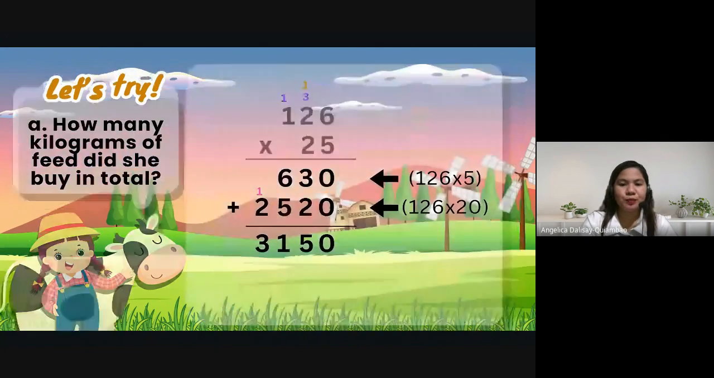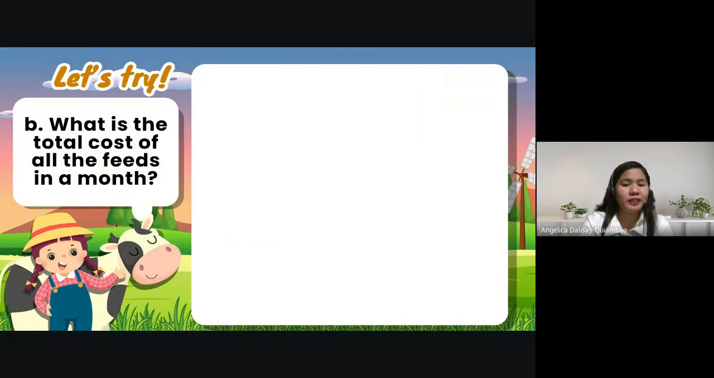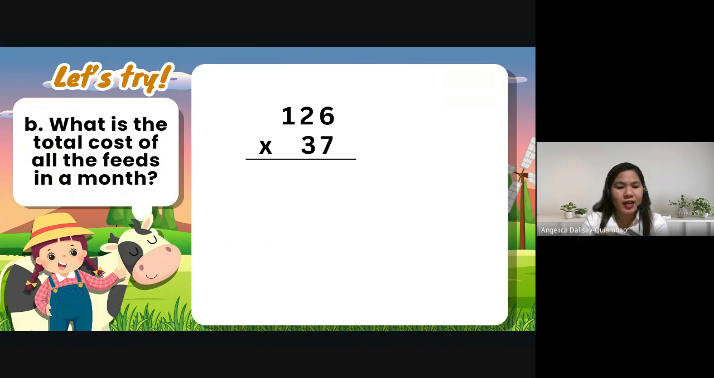The next question is, what is the total cost of all the feeds in a month? So Angela has 126 sacks multiplied by 37 pesos. Same process, multiply 126 by 7, you will get